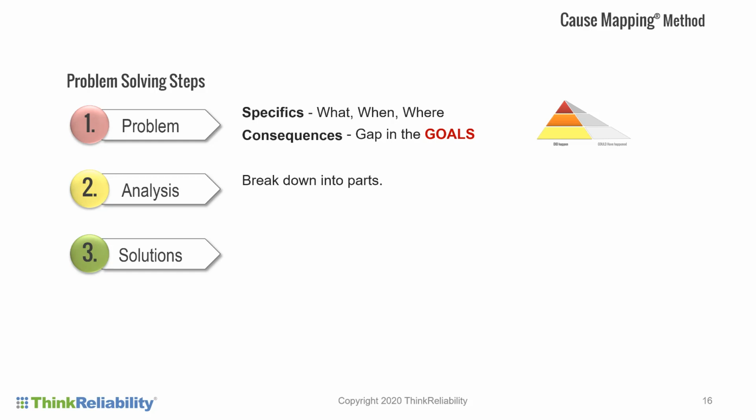And then analysis means to break down into parts. When you're breaking an issue down into parts, the chronology is an important piece of information, the sequence of events. Cause and effect is fundamental to problem solving. If you're going to change outcomes, meaning you're going to produce solutions that produce different effects, you must go through a cause and effect analysis. The chronology is absolutely when things happen in a certain order, and the causality is why and how.